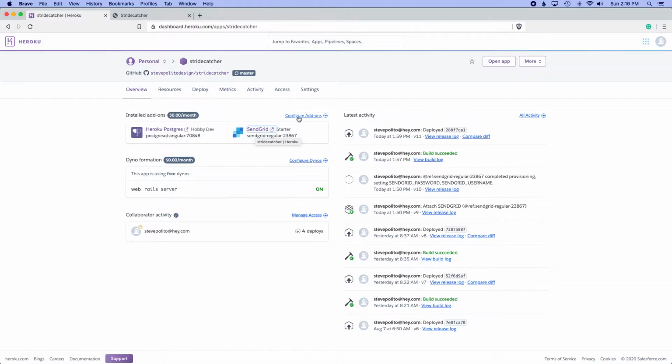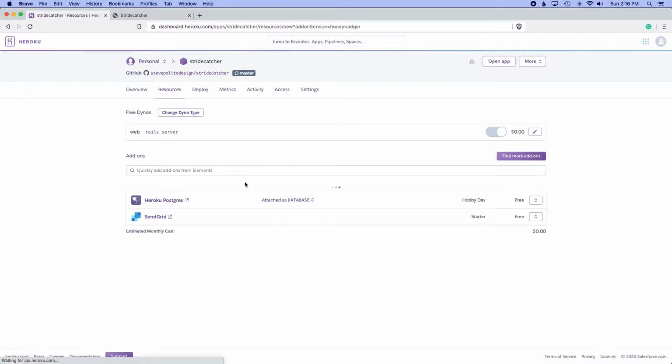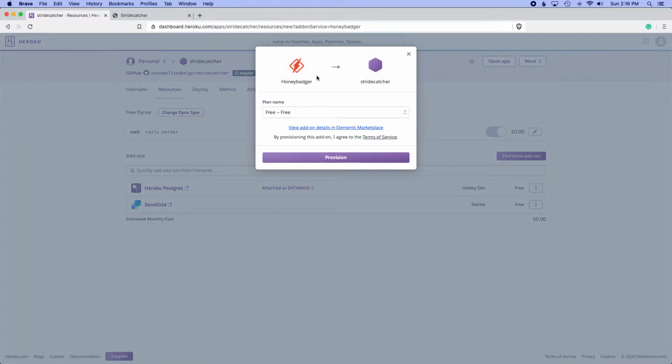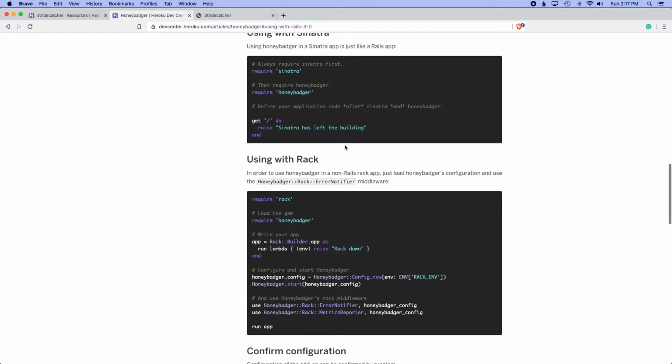One thing I want to do though is get error handling set up, and I'm going to use Honeybadger for this. I'm hoping this can give me a little bit of insight on what's going on. So I'm going to start off with a free plan. I'm going to go ahead and provision this. Okay, so it looks like all I need to do is go ahead and add this gem